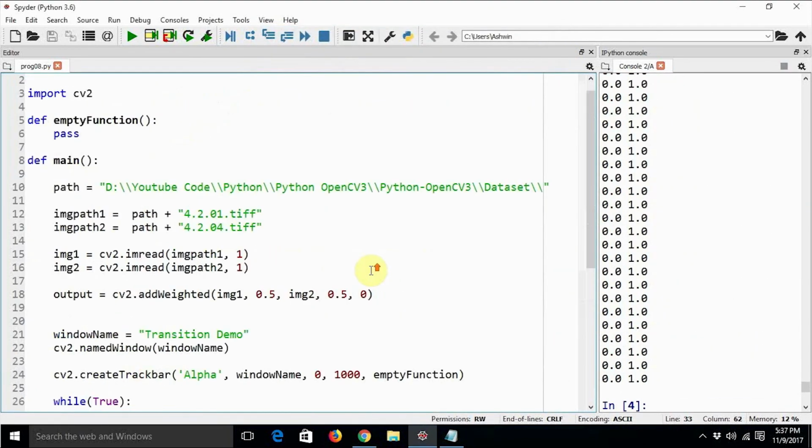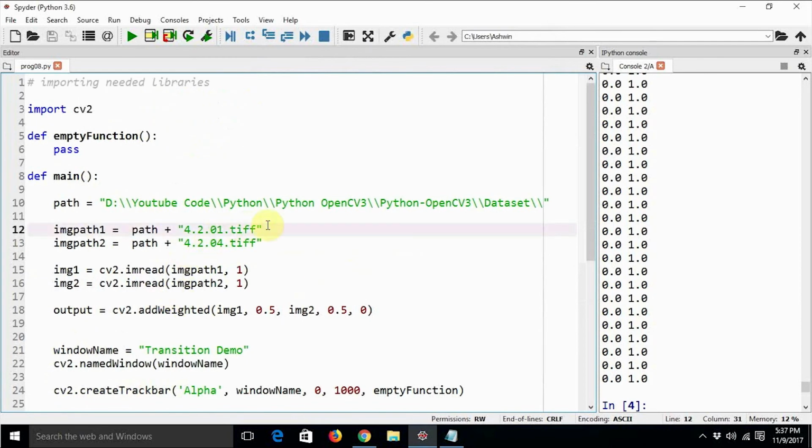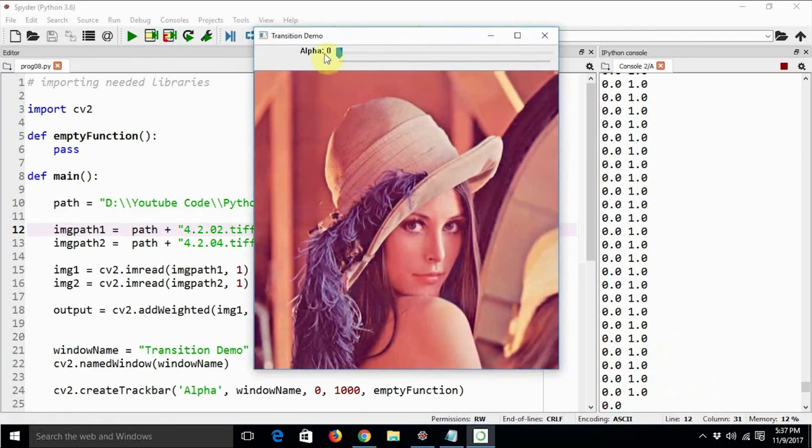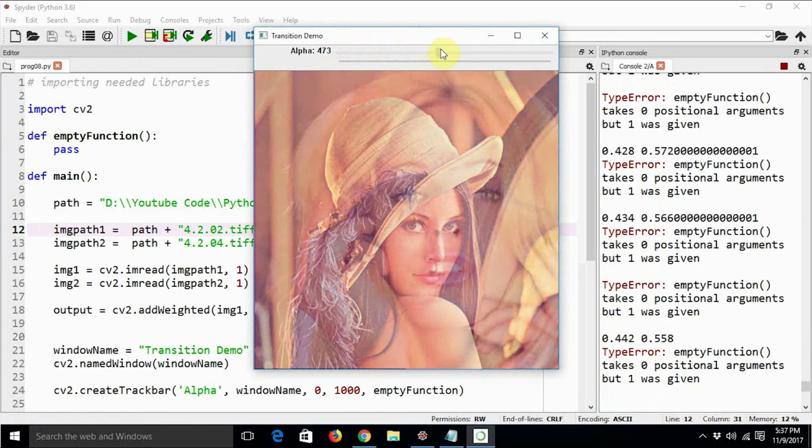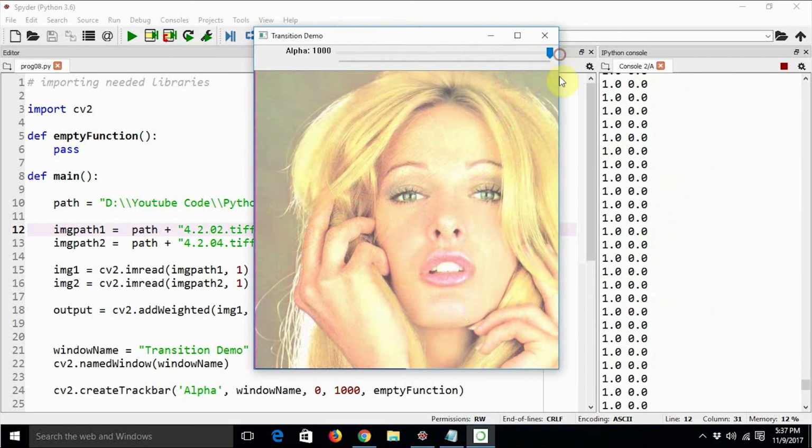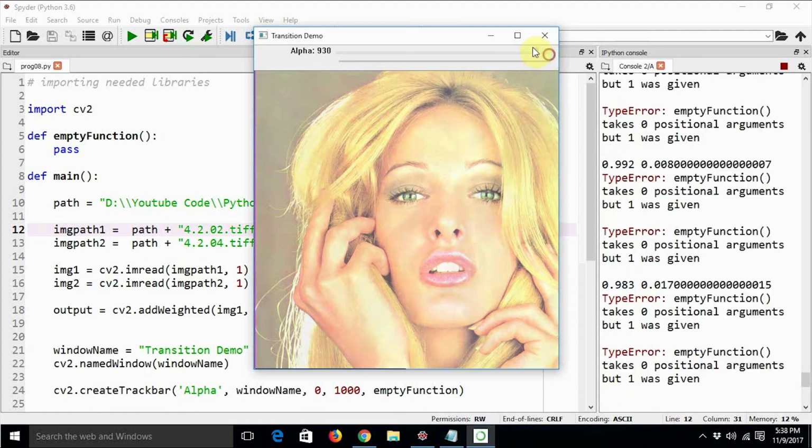Okay, so you can try to use some other image. Let's try to use some other image, and let's execute the code again. So this is the first image, and then it changes into another image. So this is known as a transitioning effect. But we are manually able to control the transition, and the transition is not time based. So the transition or the blending operation is based on the value of alpha that can be customized interactively.